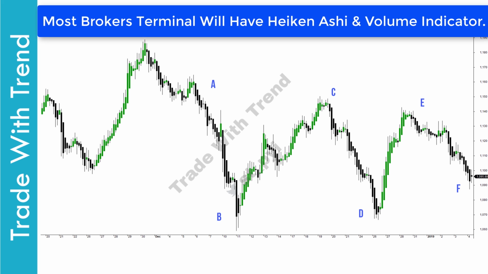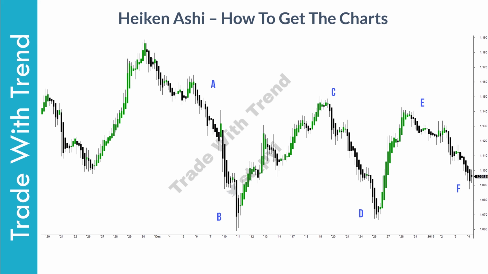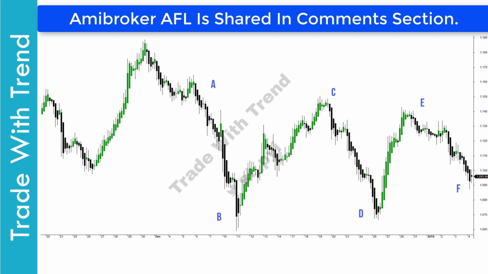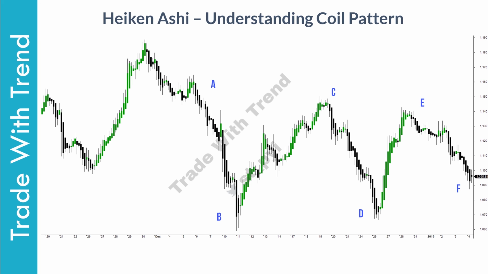Do check with your broker as well, as such standard charts are now available on your broker's technical analysis platform as well. If you're using software like NinjaTrader, Metastock and MeBroker, then getting Heikin Ashi charts is fairly easy. Most of the technical analysis software have this charting method by default. So let us first understand this swing trading pattern.